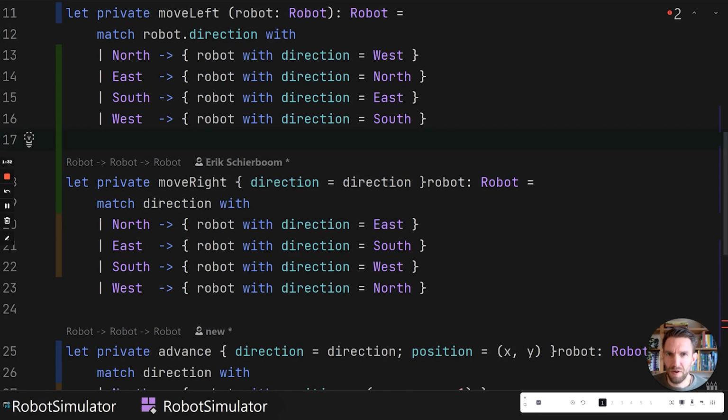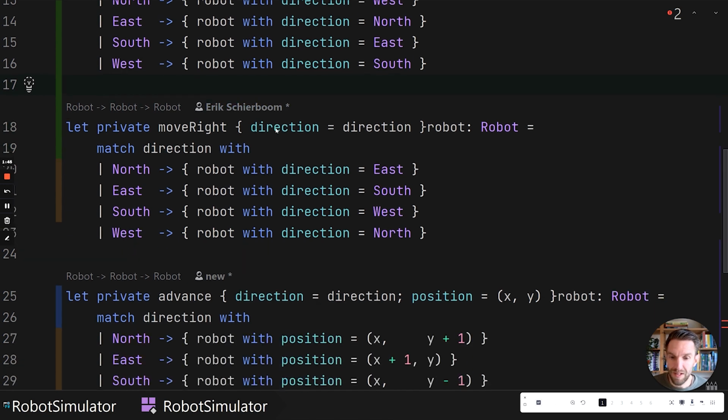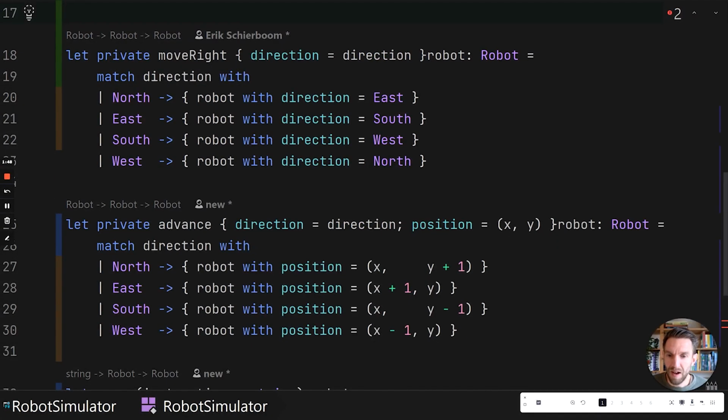I think for when you work with records, it makes less sense than when you work with tuples or discriminated unions, and that's also one of the reasons why I chose to model it as a discriminated union. But feel free, if you like this, to do it this way. It's very flexible, but you get these big parameter definitions